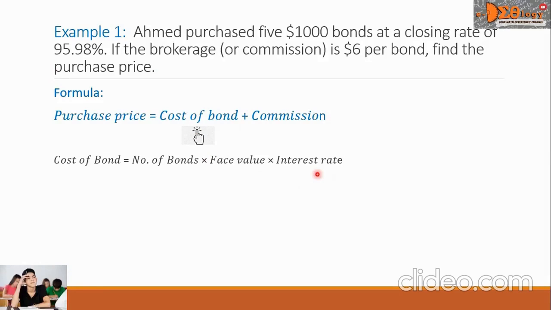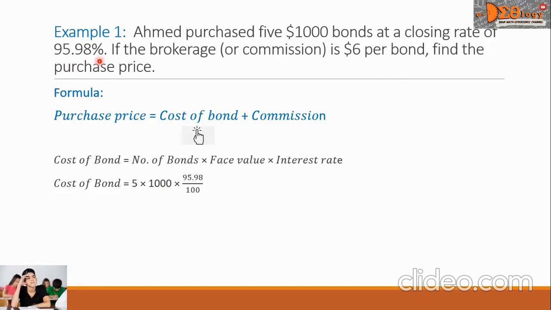Let us collect the corresponding values from our given problem. So the number of bonds is 5. The face value is $1,000. And the interest rate is this